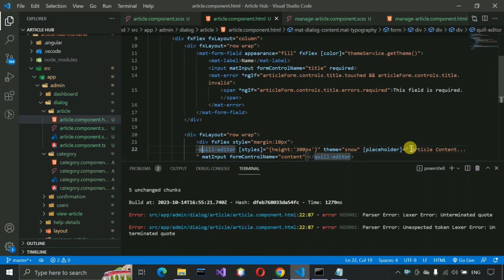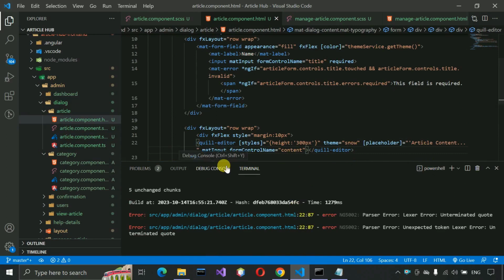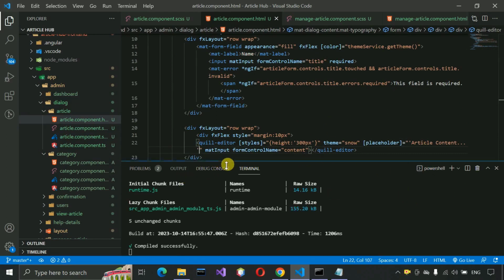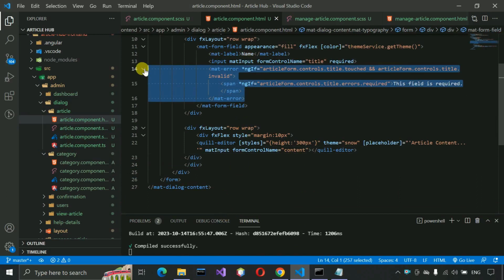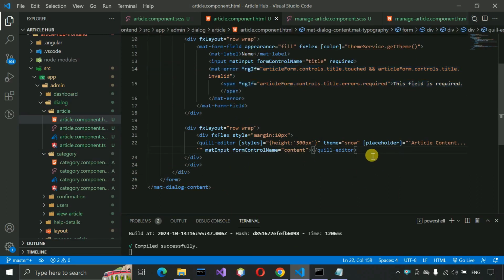Okay, so here you can see the article has been single-quote started but did not end with that, so we just need to close that one and save this. You can see the error has been removed. Let me decrease this one's size. Now we have to copy exactly the mat-error which we have written in the code, just paste it below the quill editor